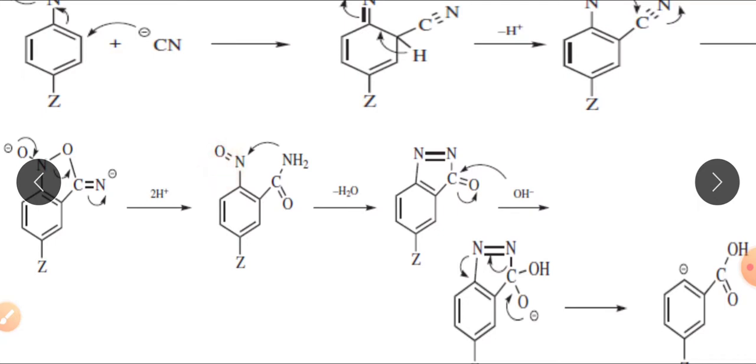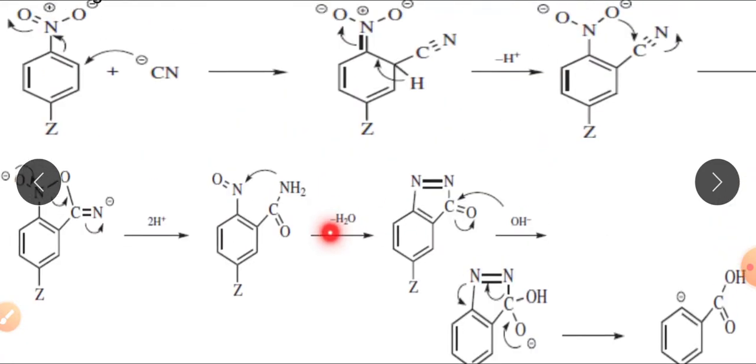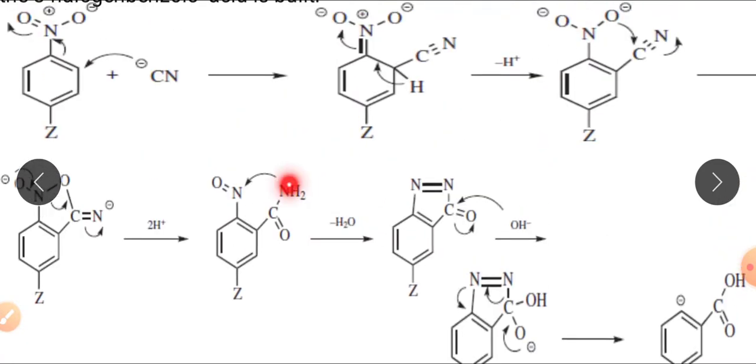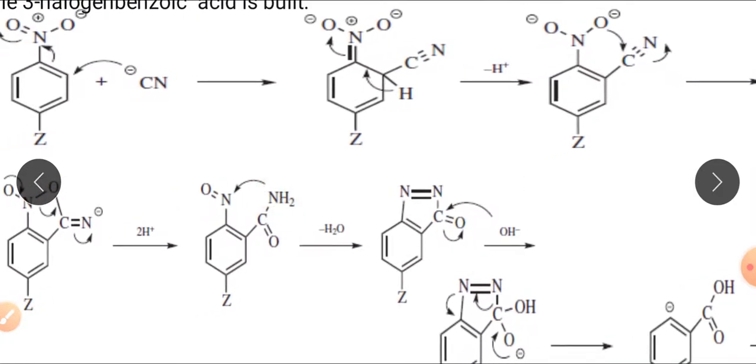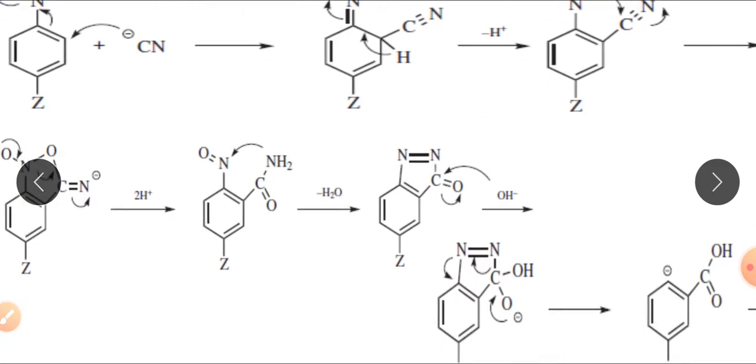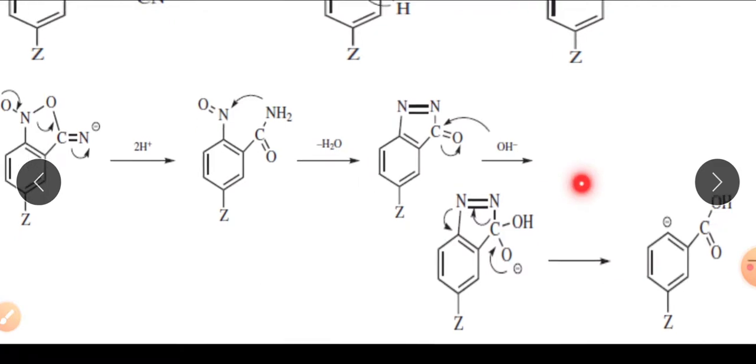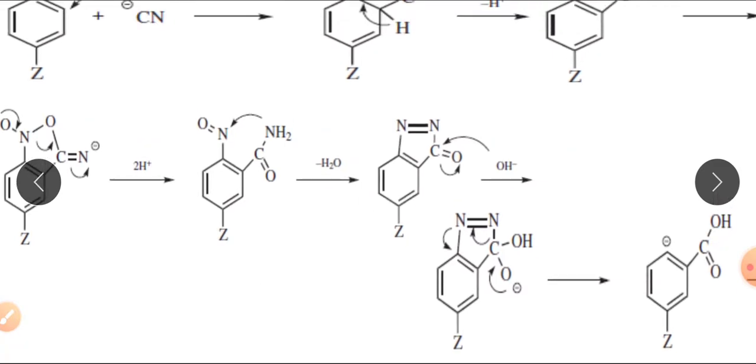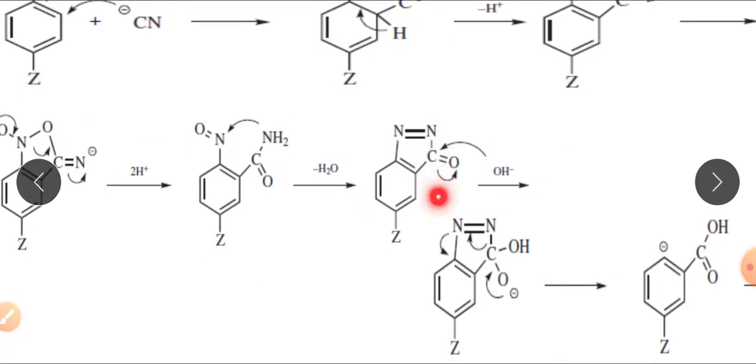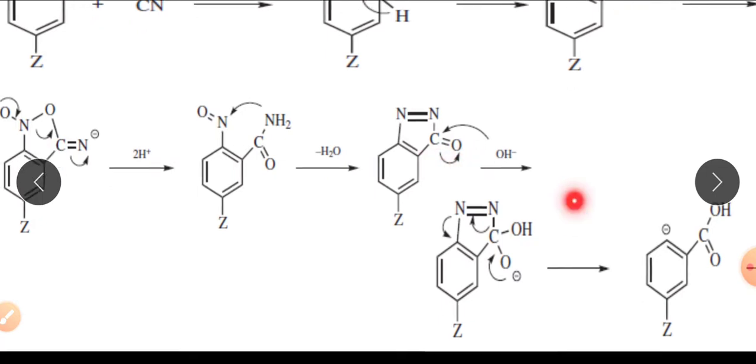So there is attachment. This is particularly a two-step mechanism, and it is completed in one step. So the water molecule will be eliminated, nitrogen will attack on this particular nitrogen, and there is formation of a nitrogen bond between these two nitrogens, right? Now the OH negative will attack on this particular carbon, and movement of this electron will take place, and there